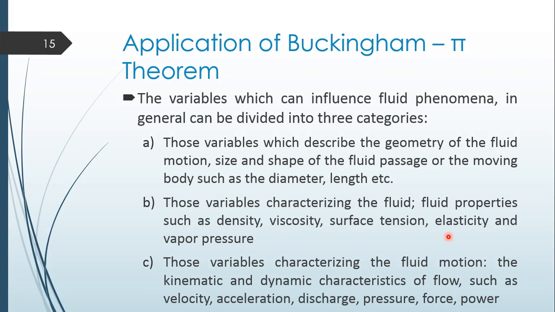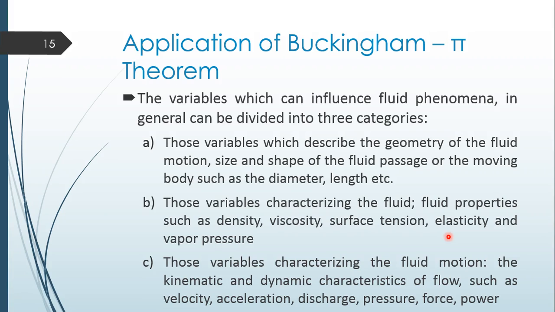Then those variables characterizing the fluid properties, like density, viscosity, surface tension, elasticity, wave of pressure, etc. So the fluid characteristic would bring in the mass fundamental dimension M. The first one will bring the L geometry, then the one characterizing the fluid will bring in the mass,